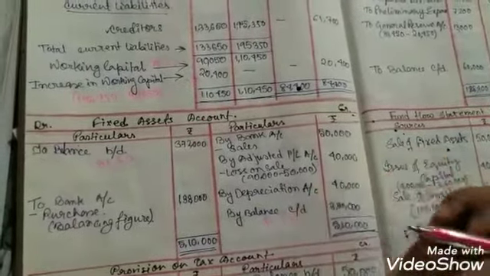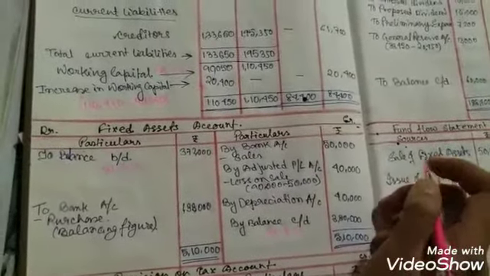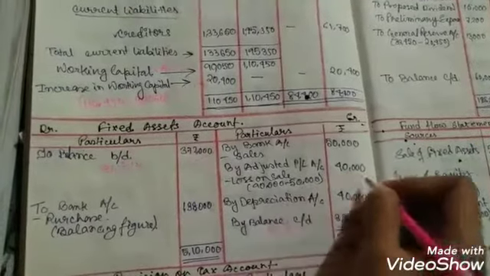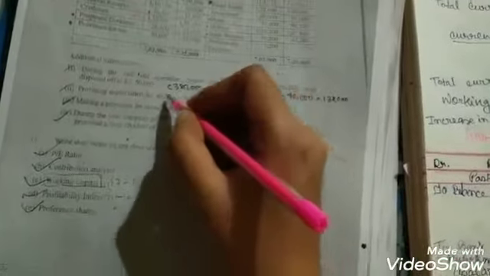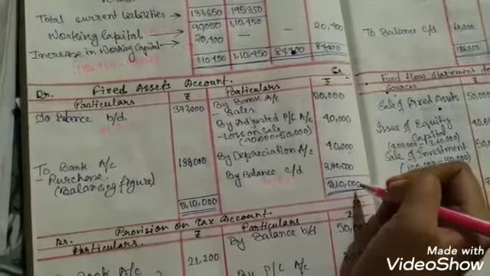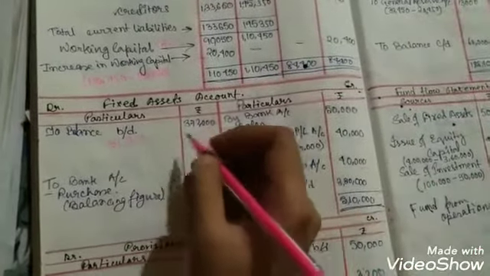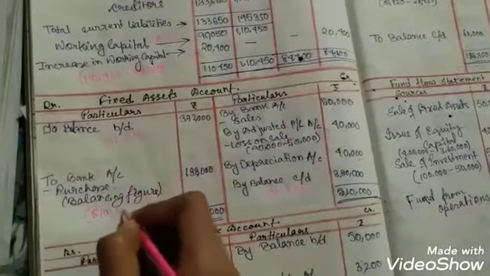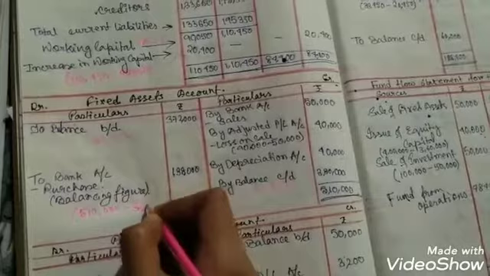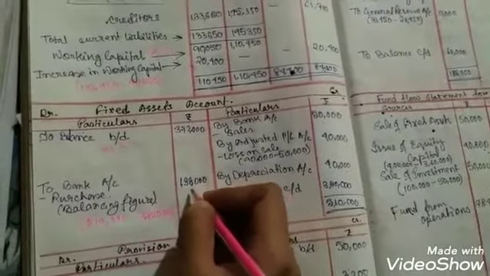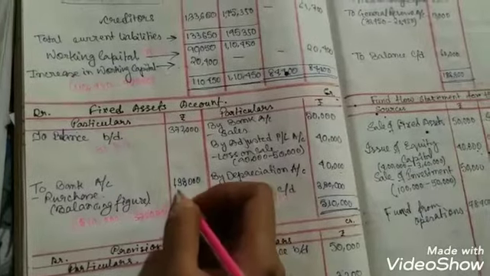90,000 rupees equipment, if we sold at 50,000 we are in loss, so adjusted PL account loss on sale 90,000 minus 50,000, 40,000. Depreciation on fixed asset is given 40,000. We add the credit side 5,10,000 and minus 3,72,000. 5,10,000 minus 3,72,000, it is 1,38,000. This is bank account purchase, this is the balancing figure.